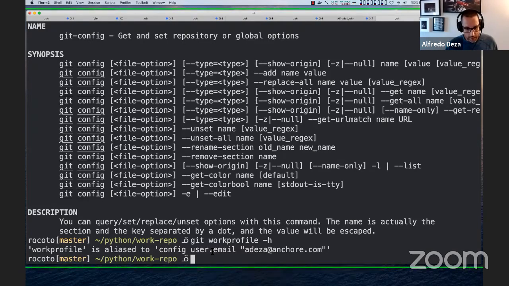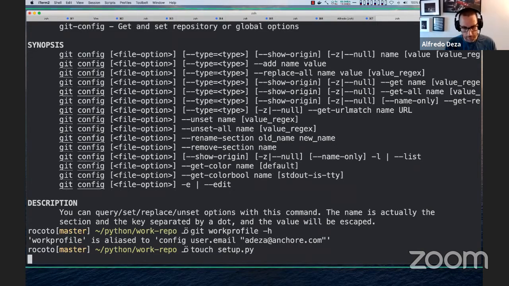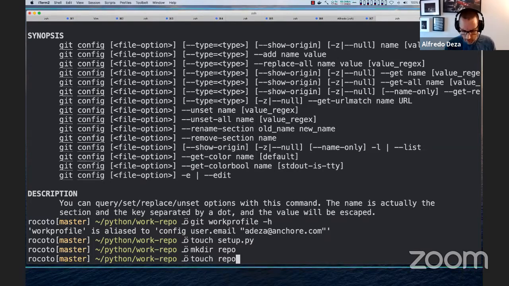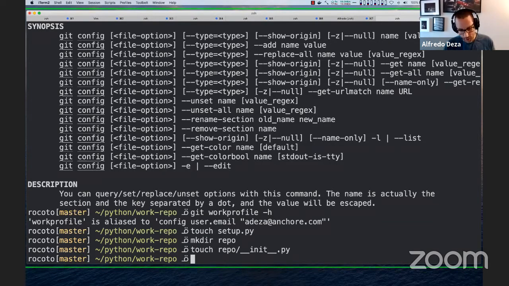So let's take a look at another thing. I usually do a bunch of rebases, so let's find a way to do a rebase. A rebase is basically overwriting history. Say this is a Python project, and I'm going to have a set of py files here, and the Python project is going to be called work. So I'm going to touch repo/__init__.py